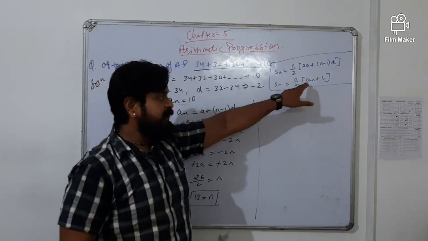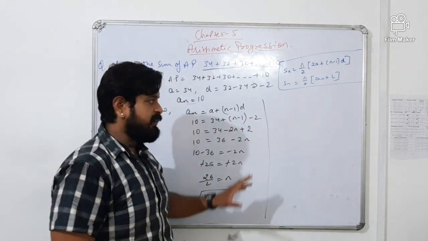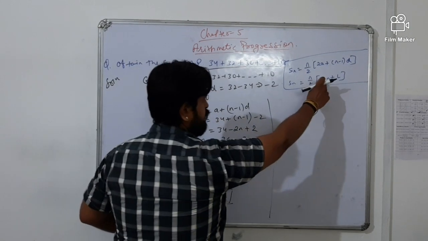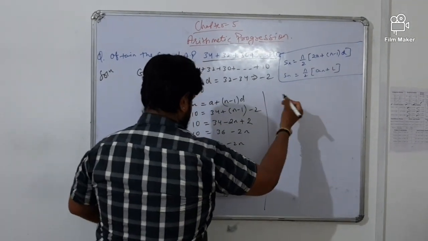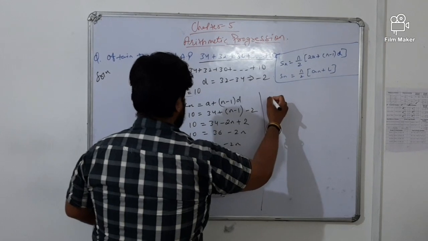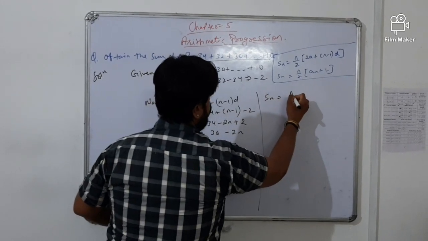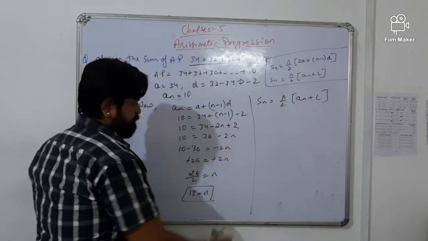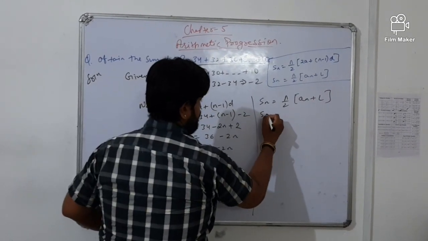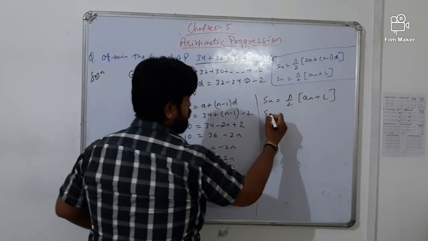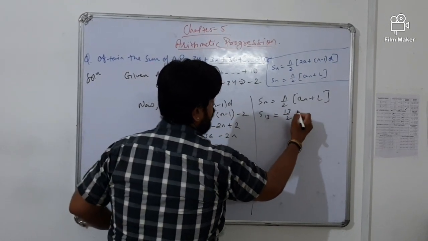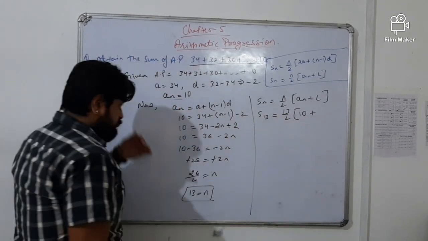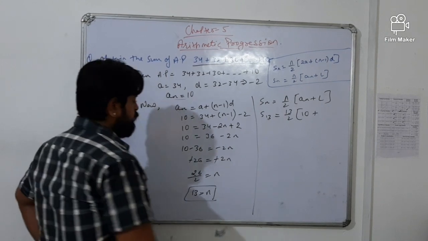As I have told you that if last term is given in the question, then you can use this formula. Okay. So now we will use this formula. Sn is equal to N by 2 into A plus L. N means 13, so S13 is 13 by 2, AN, value of AN is 10 and the value of L